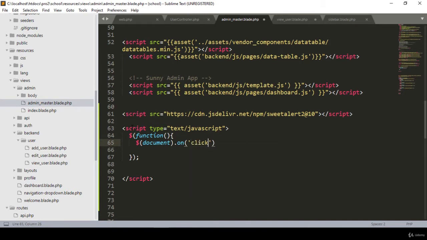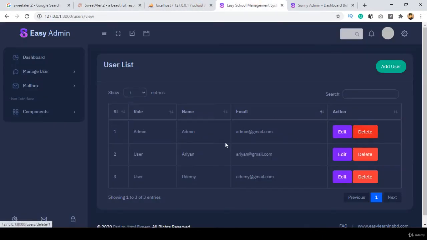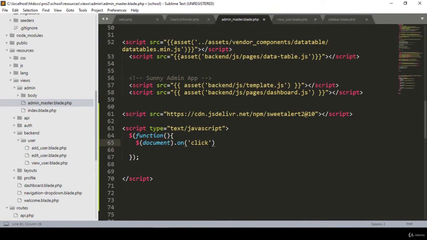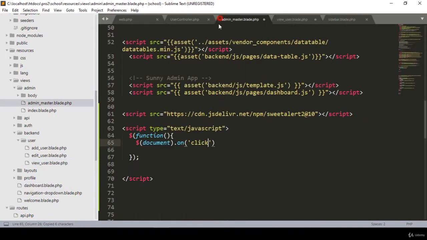So that is our click, and when it should be, that means this button. Into this button, when you click it, then it should perform an action. So here I have already added a button ID, and that ID is now needed. So now with this ID I want to take it. So when it is clicked, then I want to add this ID, which will be a hash and then our ID. So this function will be activated. So here I want to use a function, and into the function area I pass our value. So I just simply pass it as